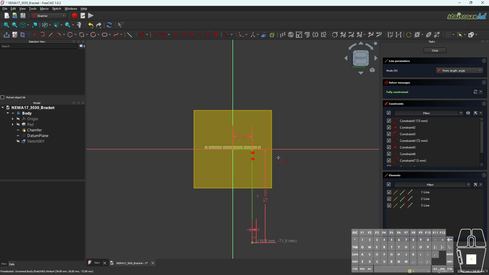Create an up vertical line with length 75 mm. Create a horizontal line with length 36 mm. Continue until the loop is closed at the root point where the first point is located.